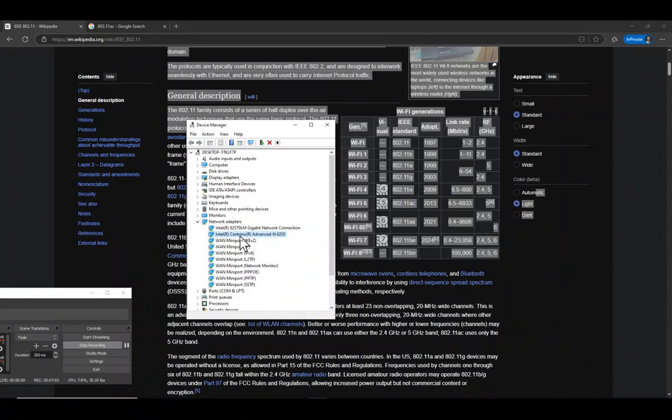If for some reason you have a very old modem which has only the 2.4 gigahertz connection, then you cannot do these settings in Windows because you won't have a connection. If your modem is connecting only through 2.4 gigahertz and you put your Windows PC on the 5 gigahertz connection, then it's not going to establish a wireless connection with your router or modem. So just keep that in mind.